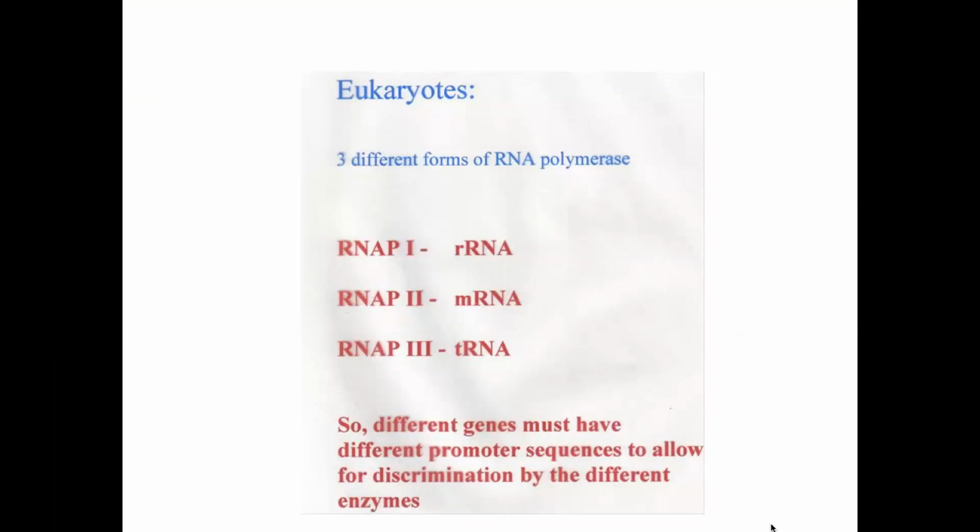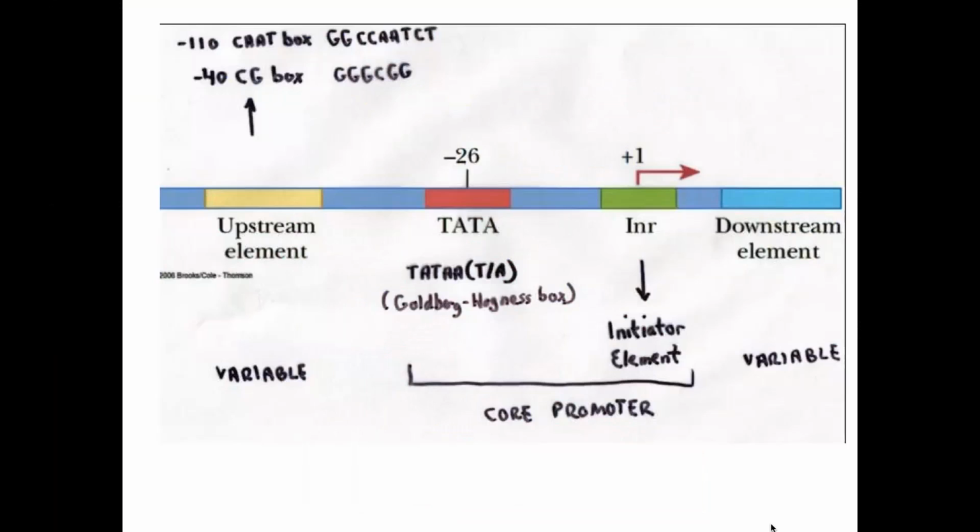They all consisted of that Pribnow box and that -35 region. Okay, so I'm not going to describe the organization for the promoters for these three different gene types in a eukaryotic system, but I do want to give you just a little bit of a feel for what the promoters look like for protein encoding genes, those that produce mRNA transcripts that ultimately lead to protein production or protein assembly